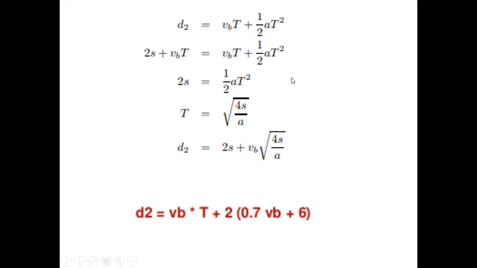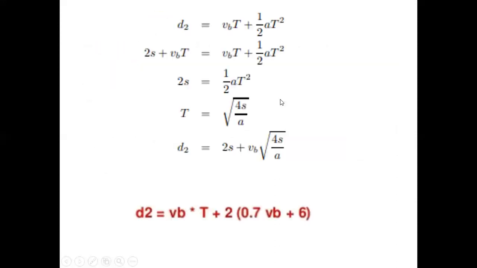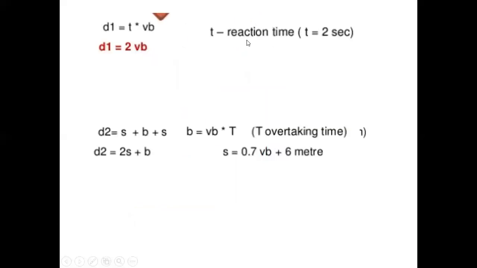v is equal to u plus at, s is equal to ut plus half at square, then v square is equal to u square minus 2as. So all those formulas you have studied, right? So three equations of motion you have. In this, what I'm going to apply is the second equation of motion. That is, when the body is moving in a straight line and the acceleration is constant, I apply s is equal to ut plus half at square. Got it? So when I'm applying that equation, I'm going to equate it with d2.